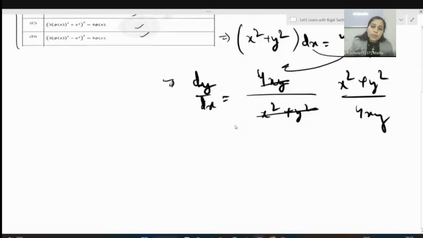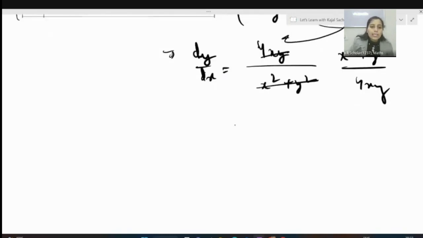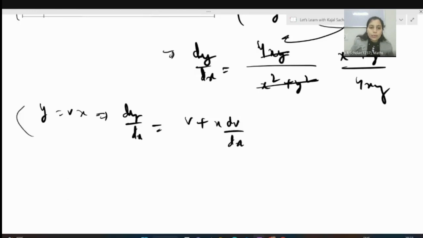Now when we substitute y is equal to vx and dy by dx is equal to v plus x dv by dx, we get v plus x dv by dx is equal to,